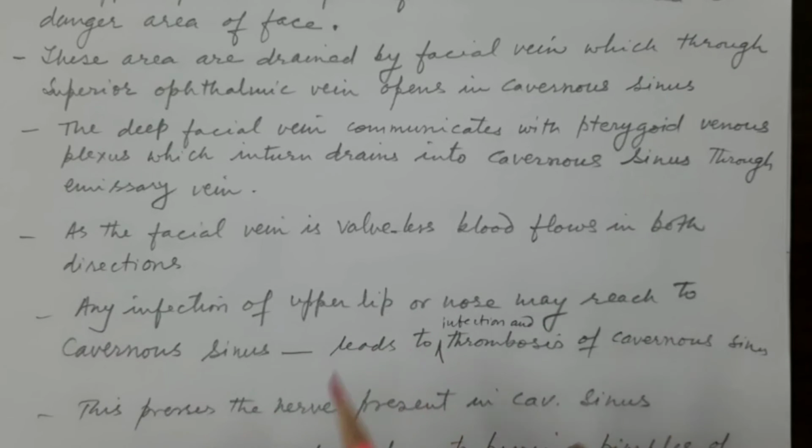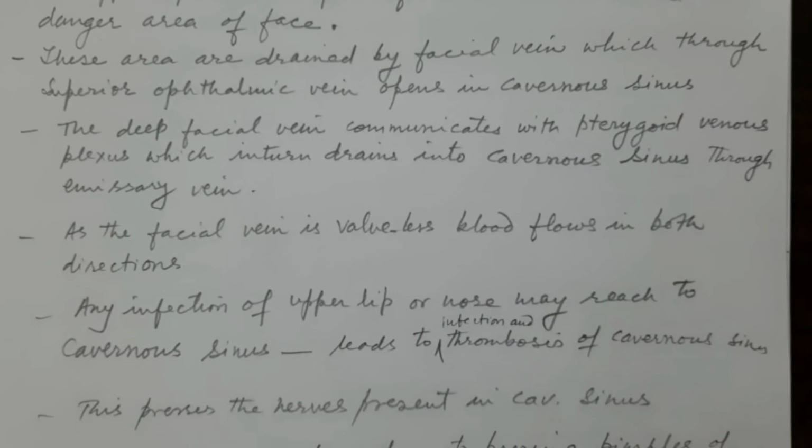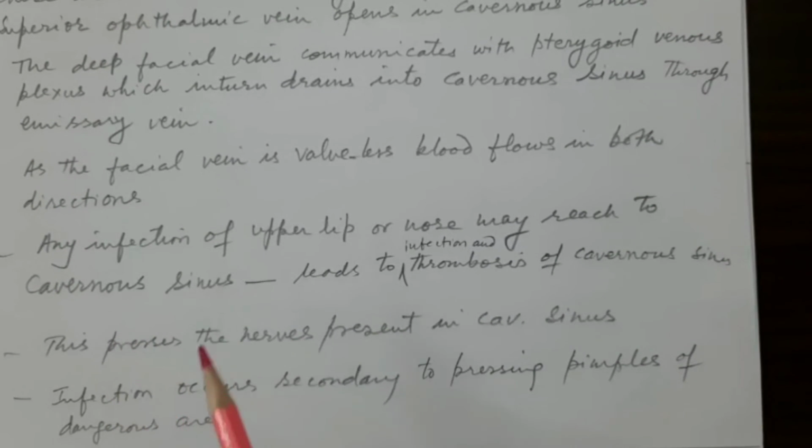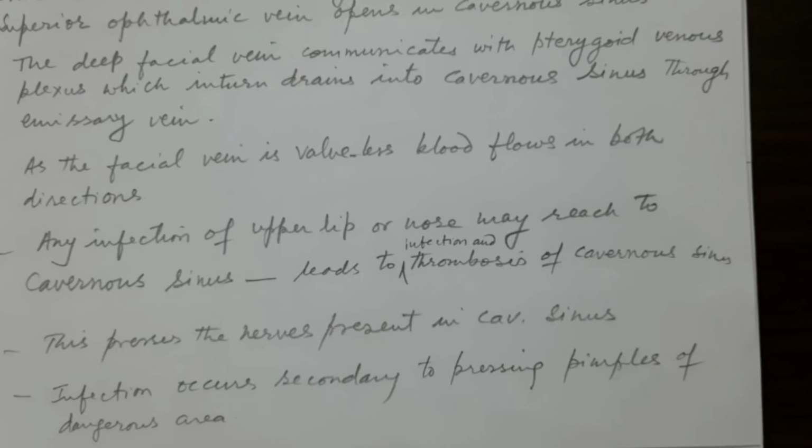It may go from the facial vein to the ophthalmic vein, it may go from the facial vein to the deep facial vein, then into the cavernous sinus, or the blood may come from the cavernous sinus towards the superior or inferior ophthalmic vein and to the facial vein also. So the flow is in both directions, a two-way flow of the blood. And if there is any infection of the upper lip or the lower part of the nose,